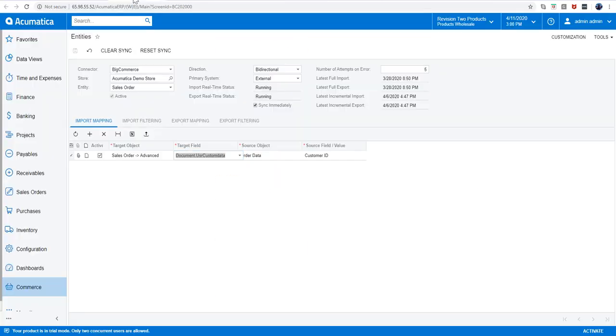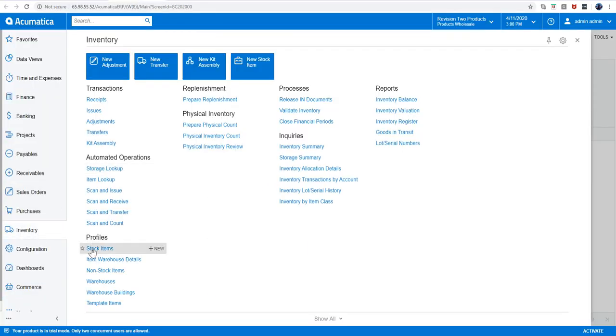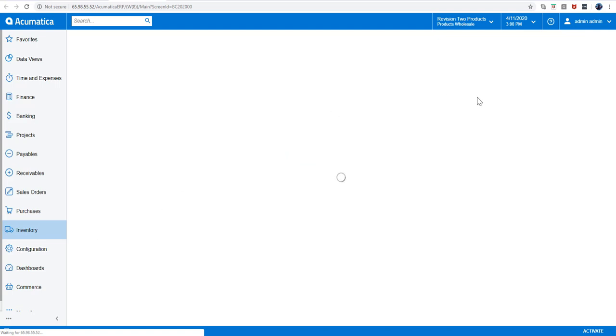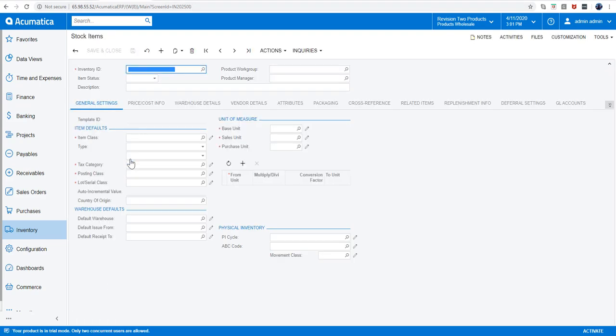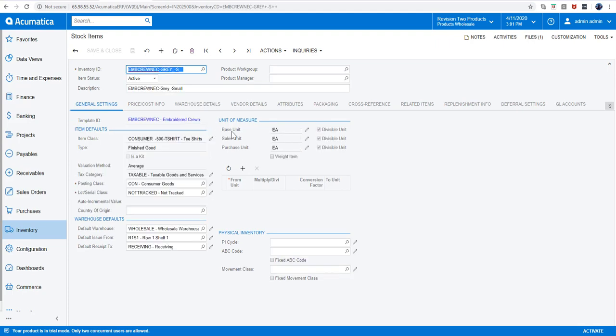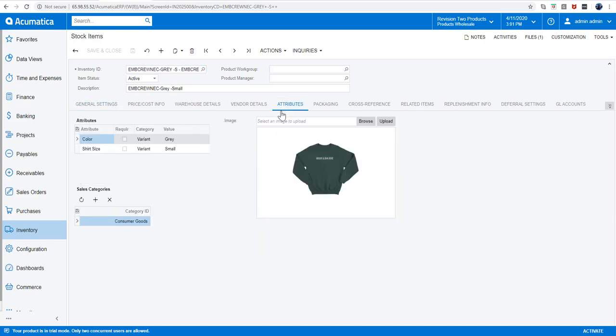So I'm going to go back here and bring up my inventory and stock items. I want to open up the product coffee mug that I created in Acumatica as finished goods, and I also created a new matrix item. If you load all your stock items, you can click on the matrix items. I'm going to click on one of them here. You can create a matrix group, which is the template, then create all the matrix items, and assign the color and the size. You can also